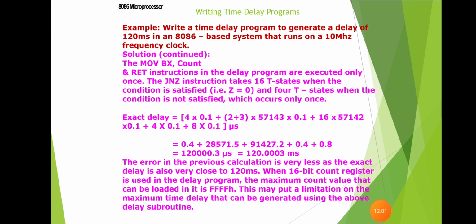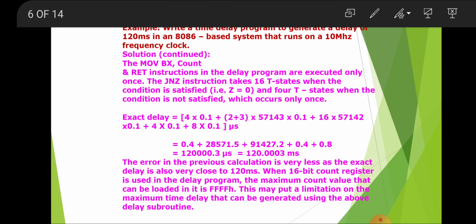Now, the time delay program, we will continue here. We have to calculate the exact delay. The MOV BX, count and RET instructions in the delay program are executed only once. The instruction JNZ takes 16 T states when the condition is satisfied, that is Z is equal to 0, and 4 T states when the condition is not satisfied,